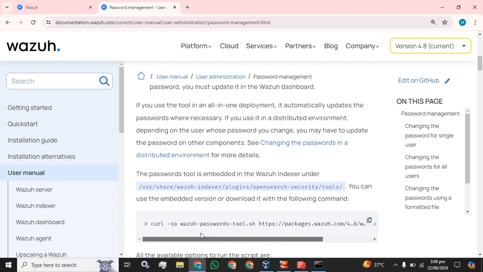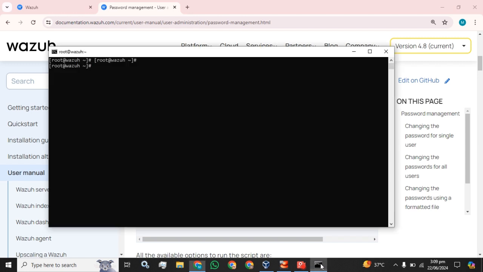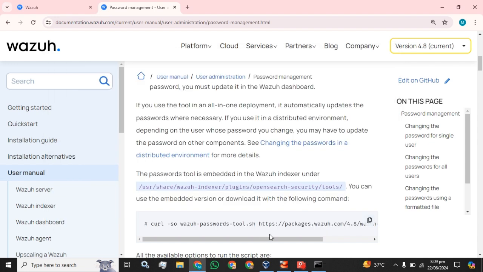Let's check if we have it or not. Wazuh password tool, or we can download it.